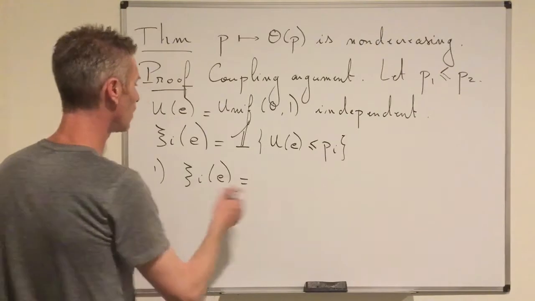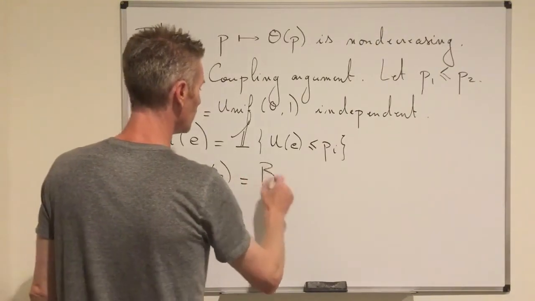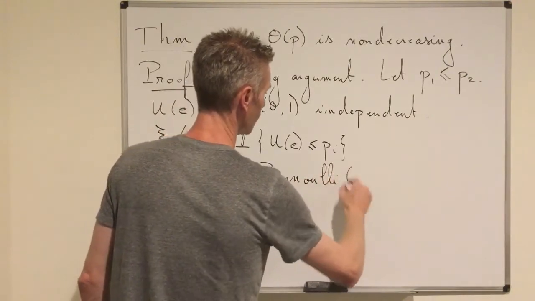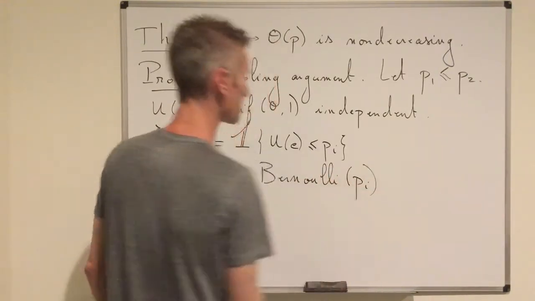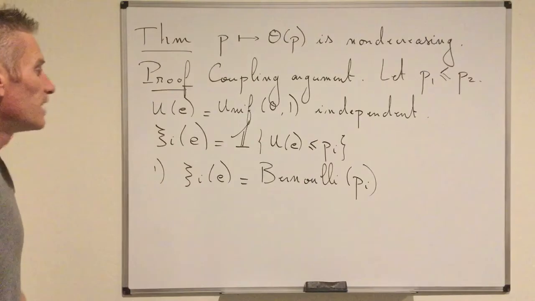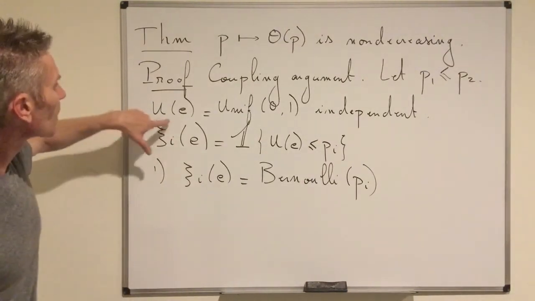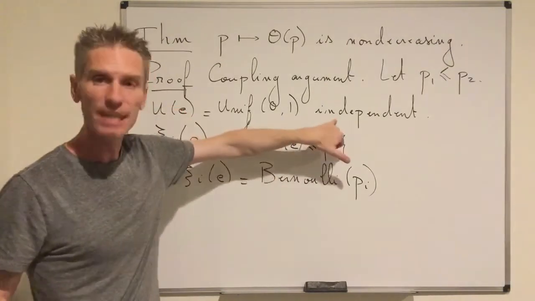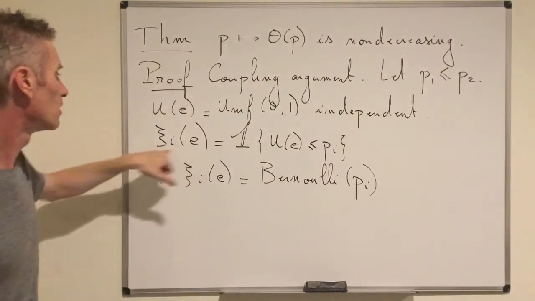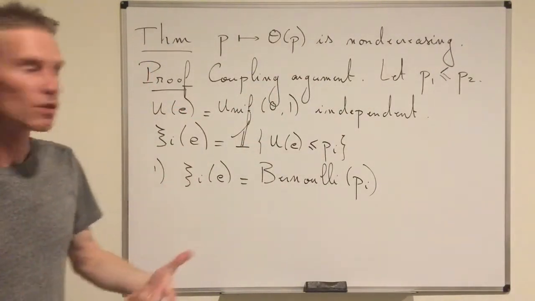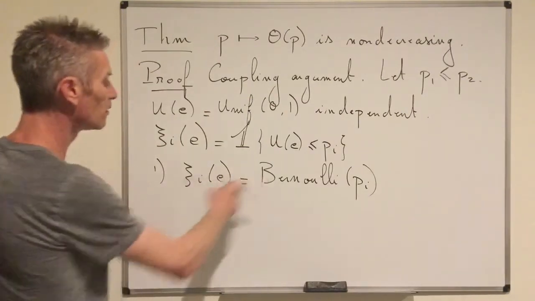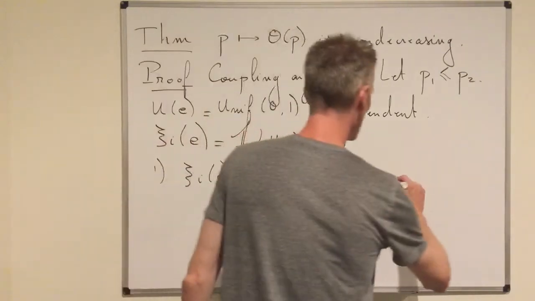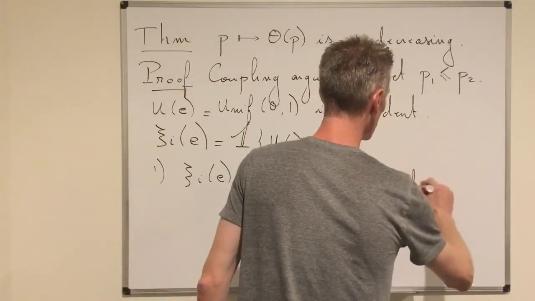So Xi of E is indeed a Bernoulli random variable with parameter Pi. Second thing we can say is that because those uniform random variables are independent, clearly those Xi of E are also independent. So Xi of E not only are Bernoulli random variables, but they are also independent for different values